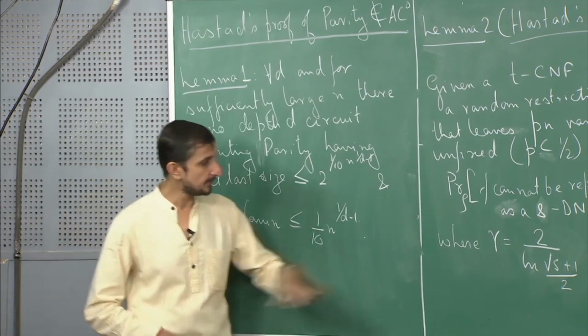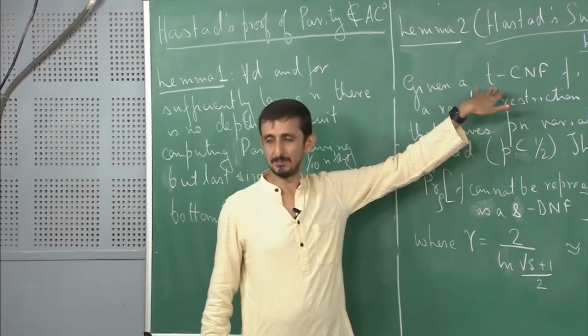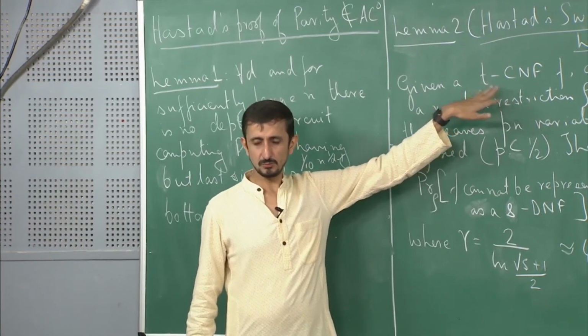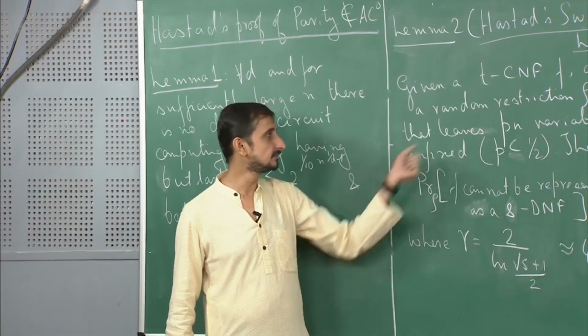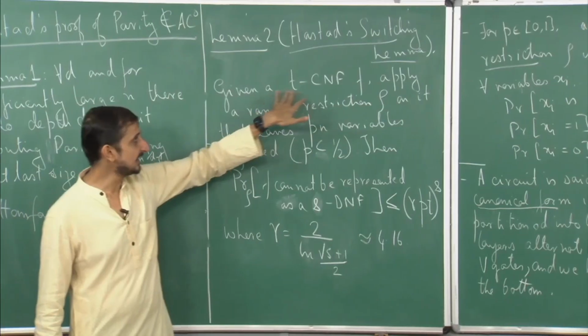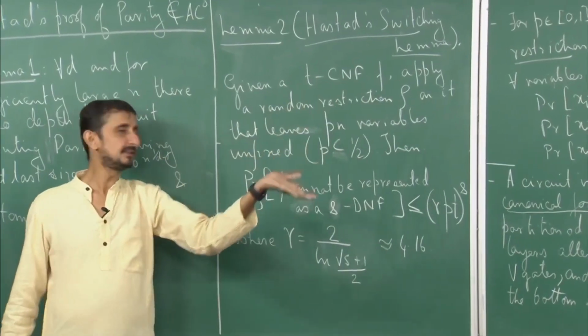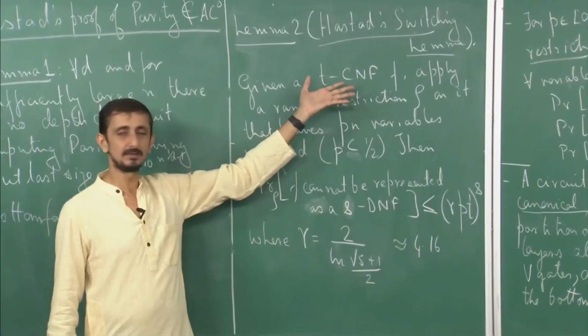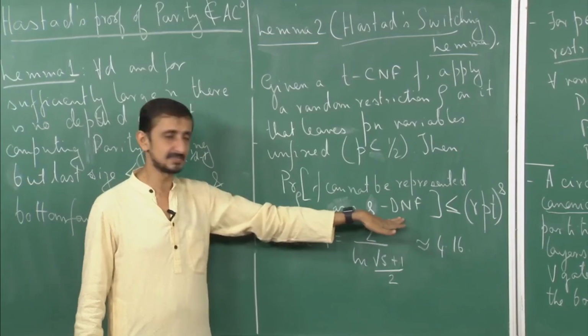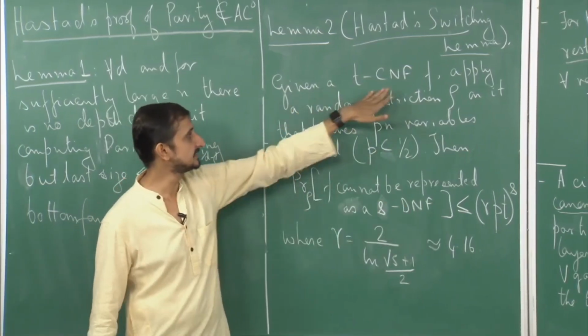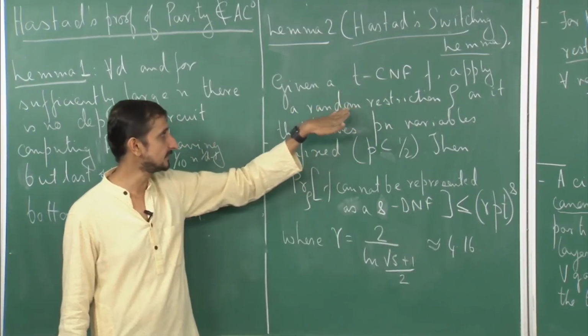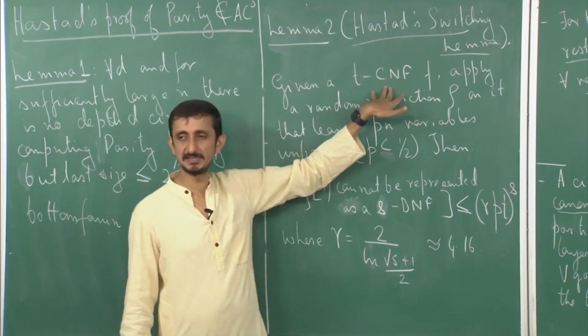S and T are parameters. So, we will fix them. This depends on us. So, I take a T CNF. Think of T as maybe 3. Maybe you can also think of S as 3. So, if I take a 3 CNF, suppose I have a function which is representable as a 3 CNF,